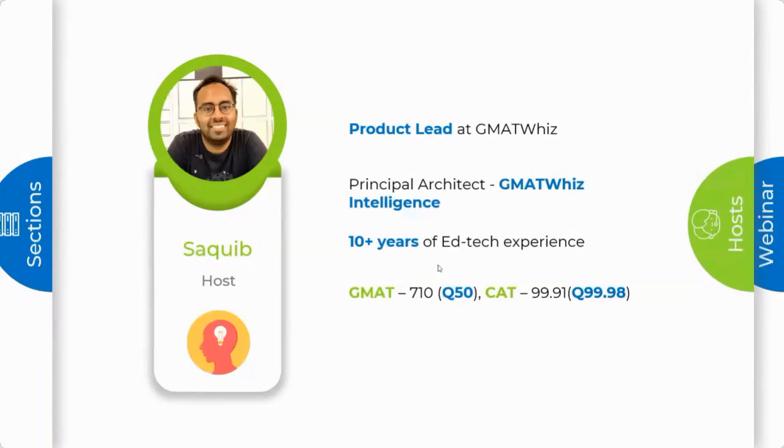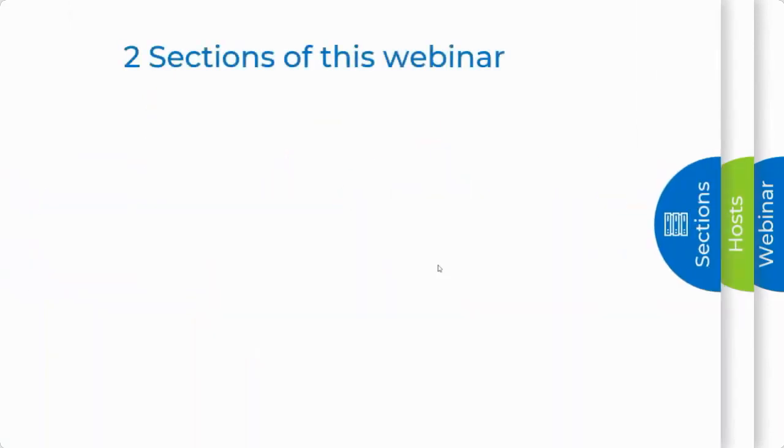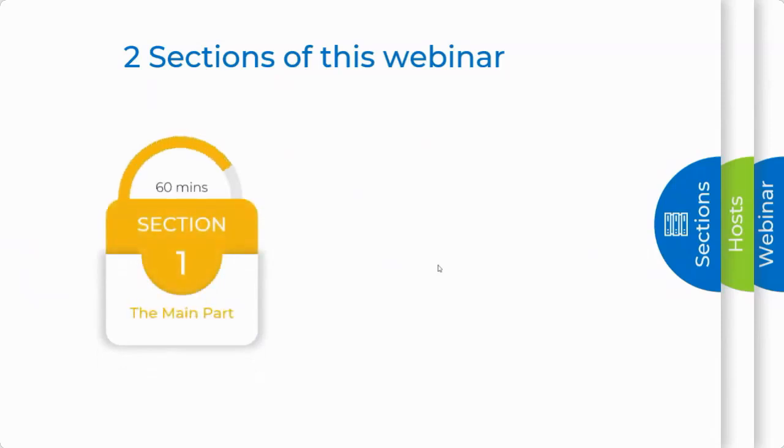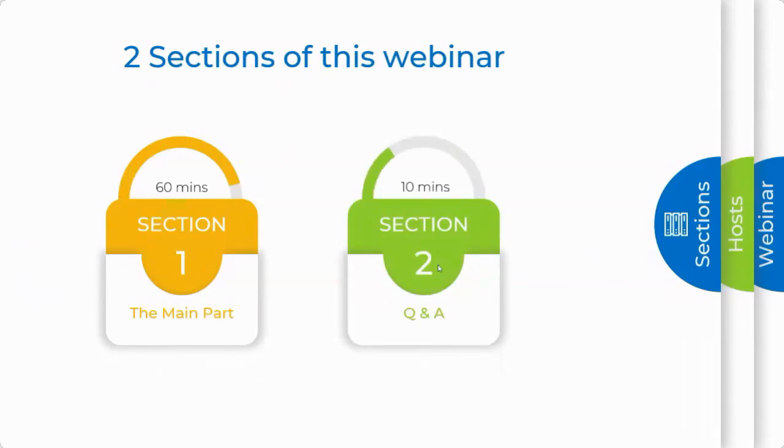That's briefly about myself. The progression of the webinar is going to remain the same as usual. I'll be starting off by talking about the main purpose of this webinar, which is when and why you need to take variables. And then I'll be keeping about 10 minutes at the end if you feel like asking any questions. Let's say you did not understand anything during the webinar and you want me to go back. Or if you want to ask me questions related to GMAT prep or quant prep, or also about our GMAT Viz course, feel free to ask me those questions at the end of the webinar, guys. Okay.